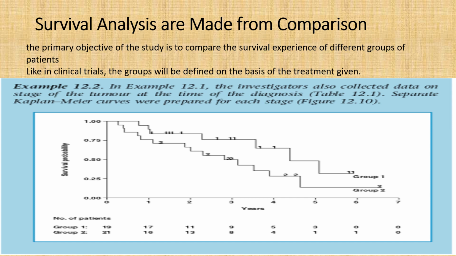So at the start of the study, they remain similar to each other. In the first year, certain death numbers were reported. Group 1, individuals with only tumors, no lymph node involvement. And in group 2, lymph node tumor metastasis are being reported over here, right? So based on this data,